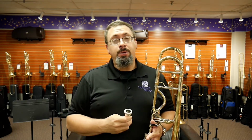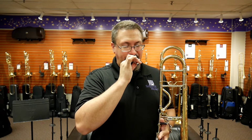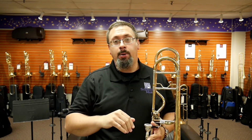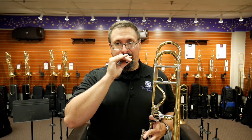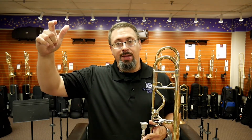Doing a lot of mouthpiece buzzing is really, really helpful because it doesn't have those built-in catches, breaks there. It's not locking into the partials, and so this is a great way for us to help train our embouchure how to move smoothly and cleanly between that fourth partial, B flat, and sixth partial, F, for example,